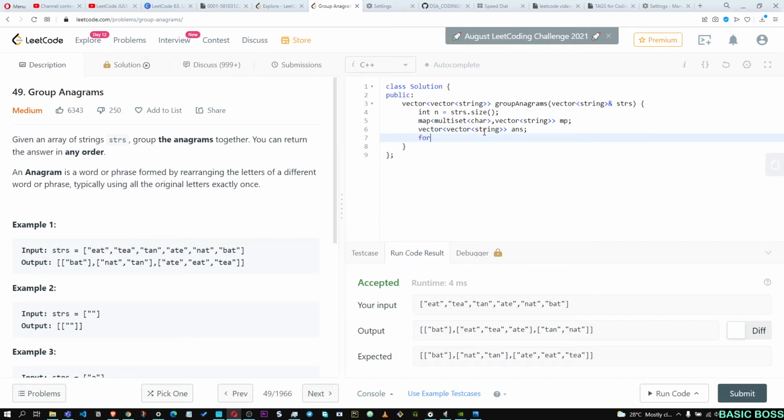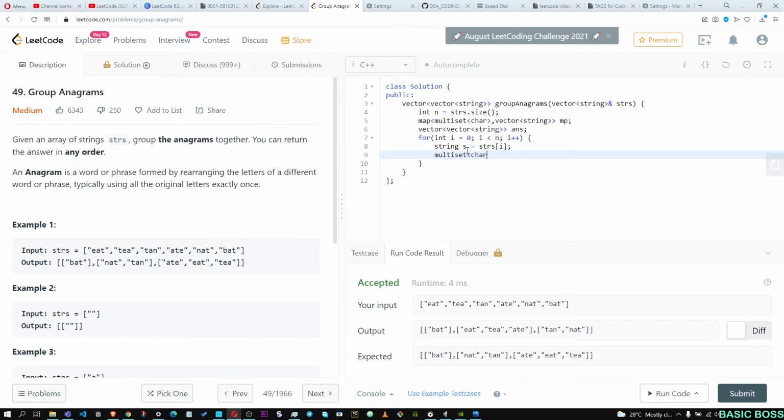So what we need to do is traverse this strs. So we'll be obtaining the strings in strs. So what I'm writing is the string s is equal to strs of i. So we got the string. Now what we need to do is traverse the string and insert the characters of the string into a multiset. So for that I'm creating a multiset again.